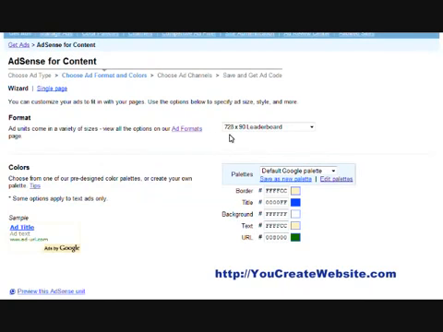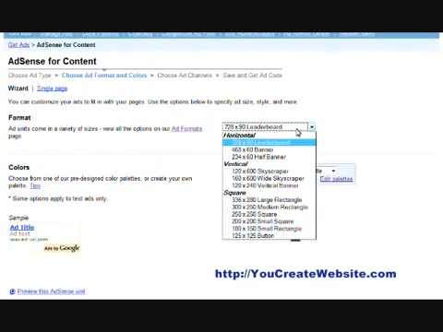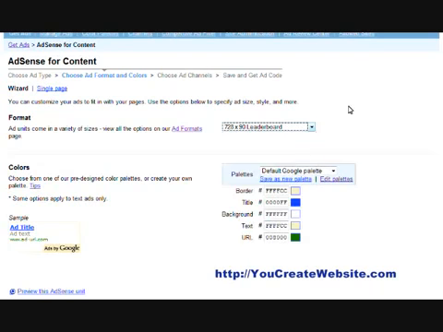hit your back arrow. Right here is where you actually choose the size ad that you're going to use. The most successful ads that Google has found have been the 336 by 280 large rectangle. Next would be the 300 by 250 medium rectangle. And then next is the 160 by 600 skyscraper. So you can choose whatever you want, but those three are the three most successful that